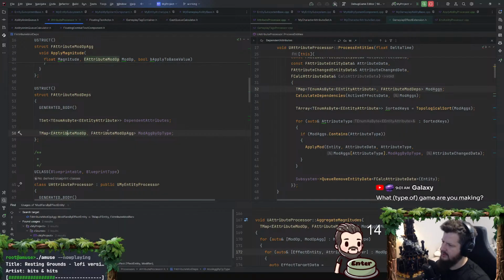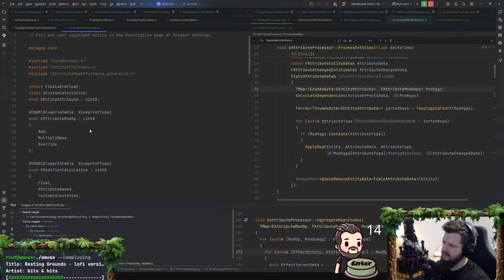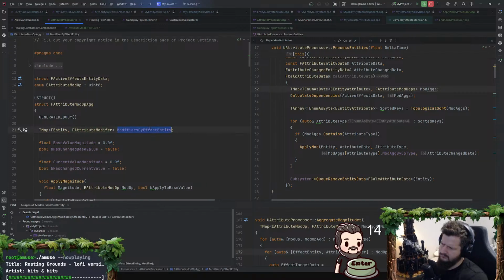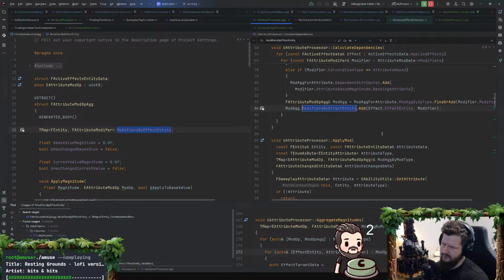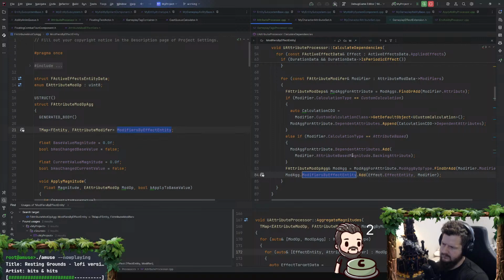I think I need an additional modifiers by effect entity. That kind of feels like this should be on the outside. Because if I have the effect entity and the modifier, what if an entity has multiple modifiers of the same kind? Map, I guess it would overwrite it.